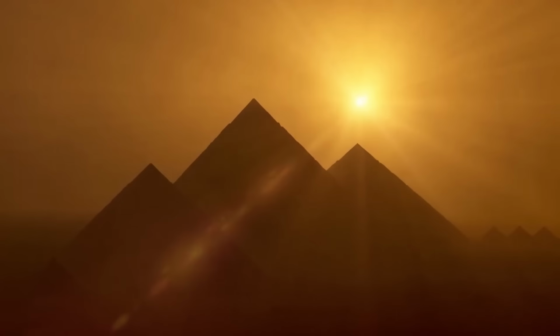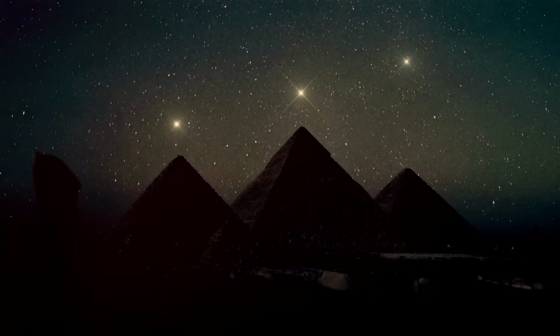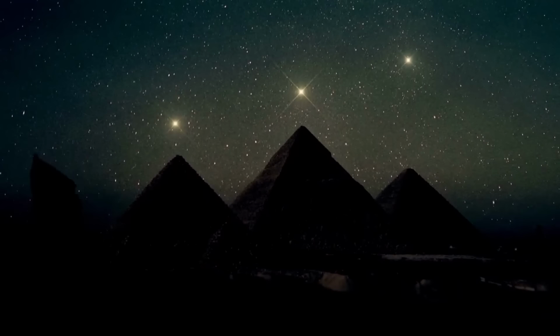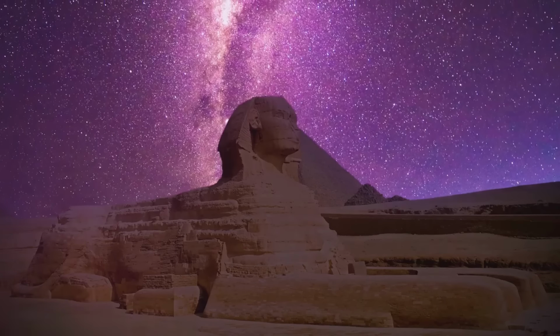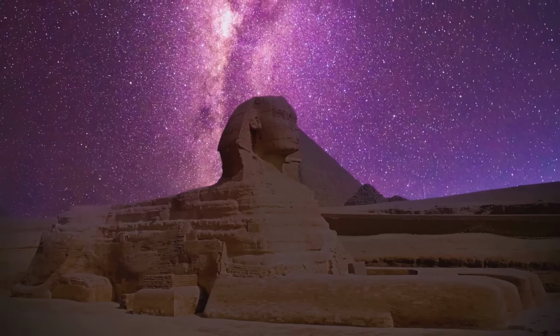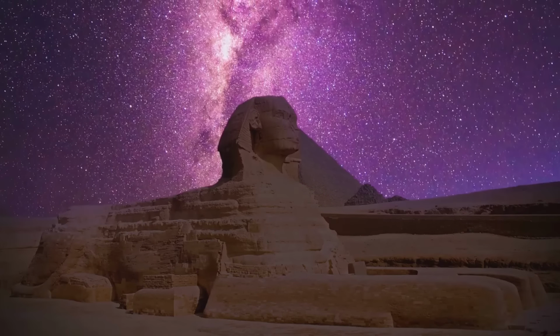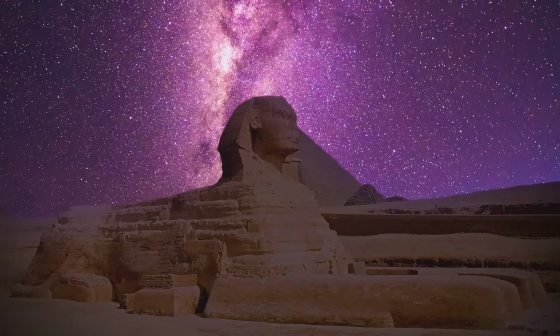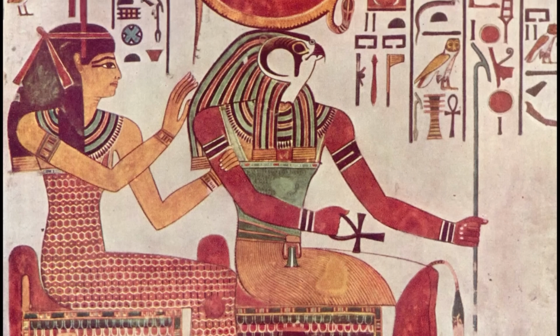These monumental structures are not mere relics of a bygone era. They stand as testaments to human ingenuity, ambition, and a deep connection with the cosmos. The ancient Egyptians believed in the eternal cycle of life and death, reflected in their elaborate burial rituals and the grandeur of their tombs. Join me now as we embark on a journey through time, exploring the rise and fall